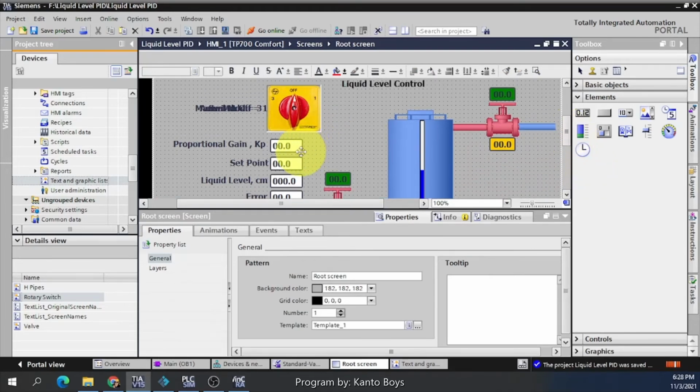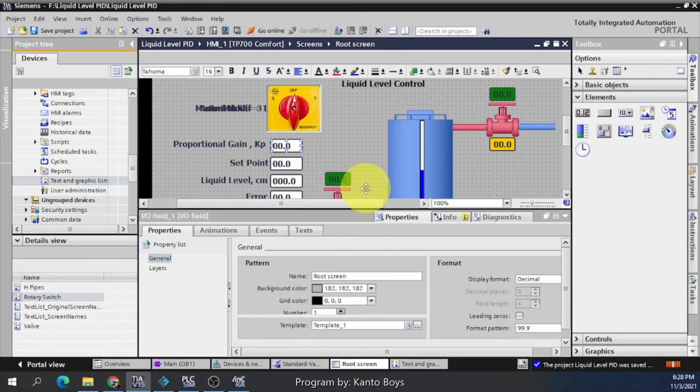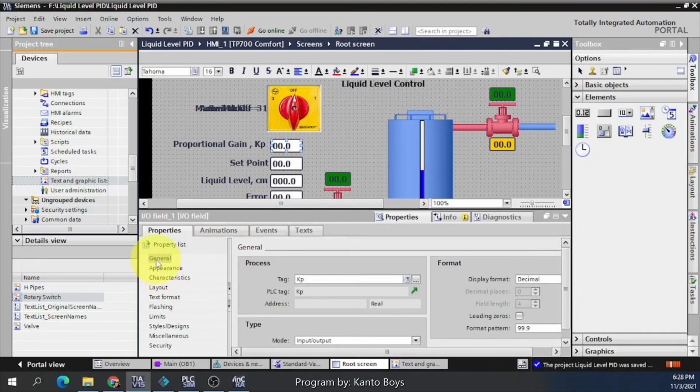And then we have here the input and output field. This is the input, so you can drag and drop, and you adjust the properties. If you look here, we have general properties.